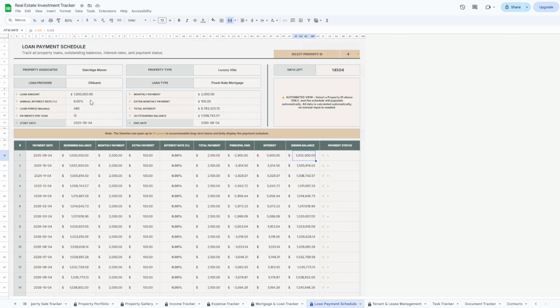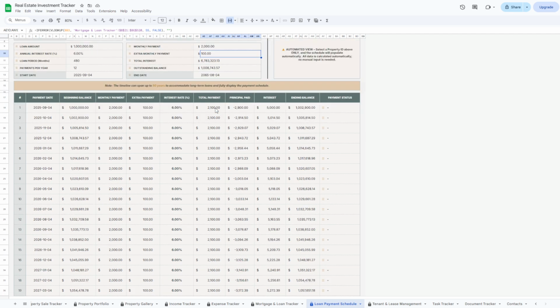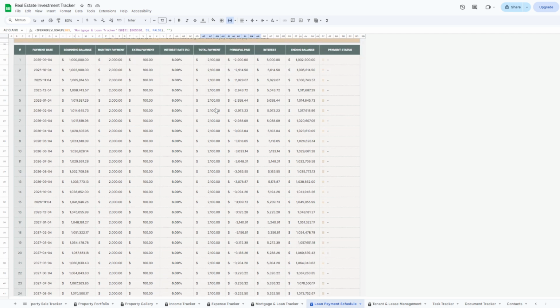At the top of the tab, you'll find key loan details that are auto-filled. These serve as the base for all the timeline calculations in the table, ensuring accuracy across the entire schedule. With this tab, you can easily monitor your loan repayment over time, plan ahead, and stay fully on top of